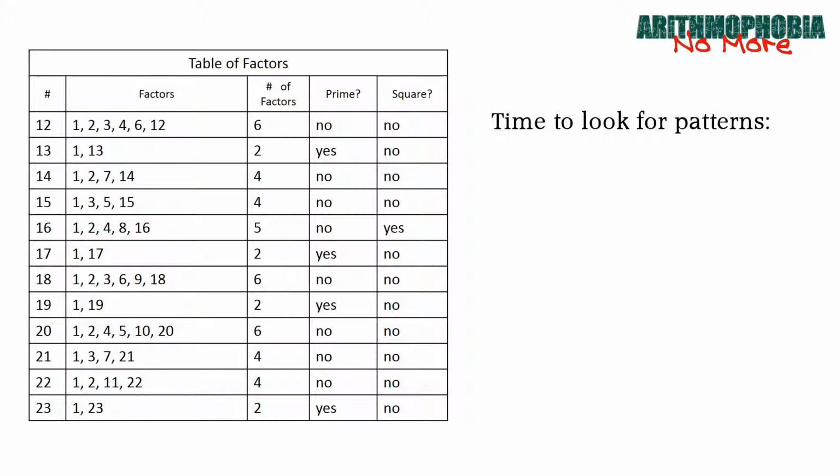What we are going to do is, under the number column all the way onto the left, write the numbers in order: 1 through 30, 1 through 50, 1 through 100, whatever you think you're going to do, or just fill out one page, 1 through however many you can fit on a page. You can get this particular file of Arithmophobia No More on the Facebook group page, or just make one of your own. Under the number column, we're going to write 1 through 30 or 1 through 25,